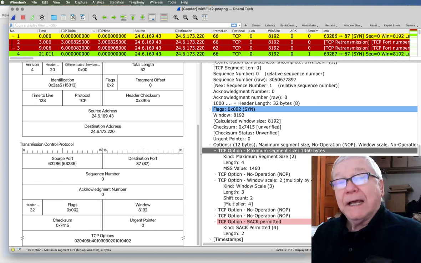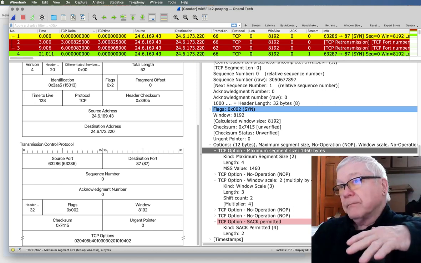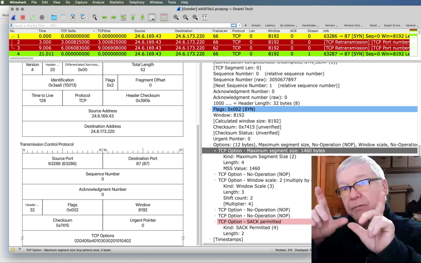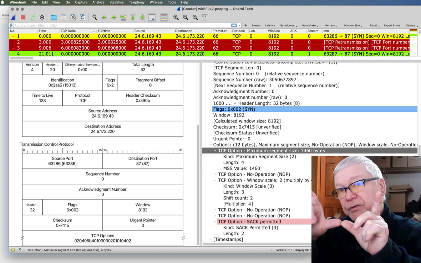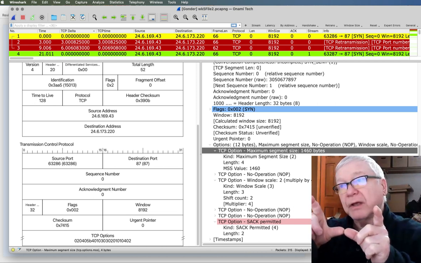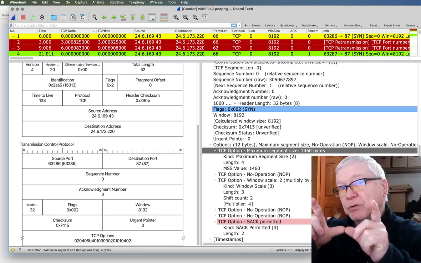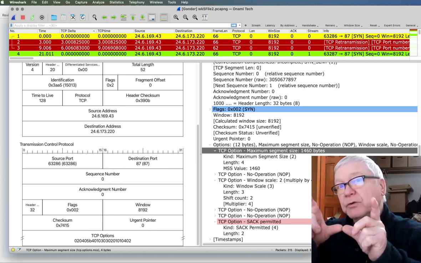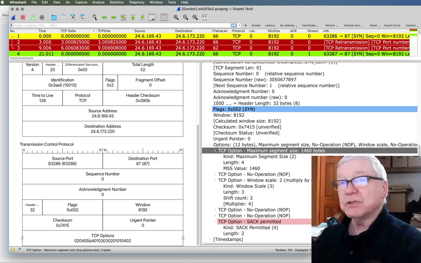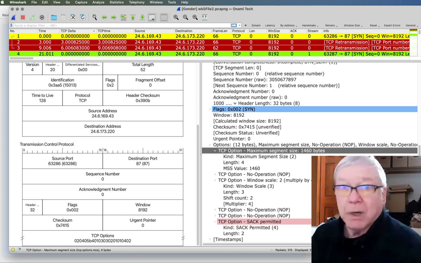Wireshark understands how all these protocols work and at what point in the data stream this group of ones and zeros represents a data field, what that field is supposed to represent, what the name of it is, and what the information is supposed to look like when we interpret those ones and zeros. It presents it to us in this much more readable form than a stream of ones and zeros going by.